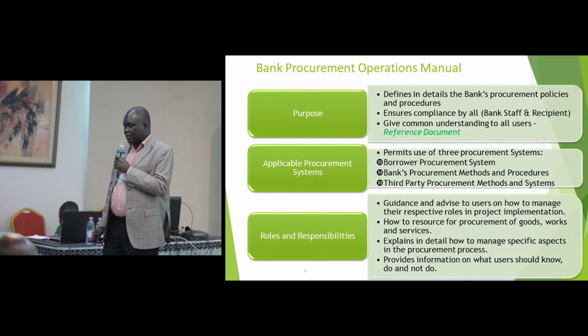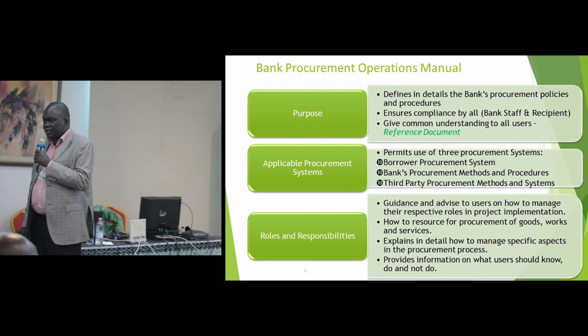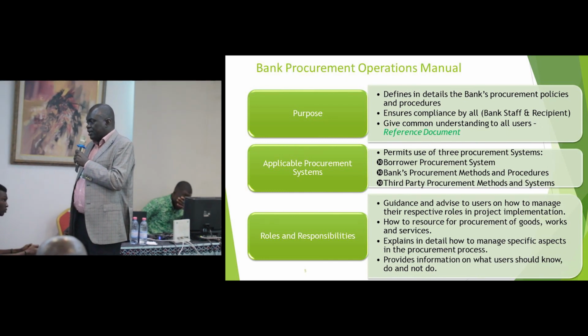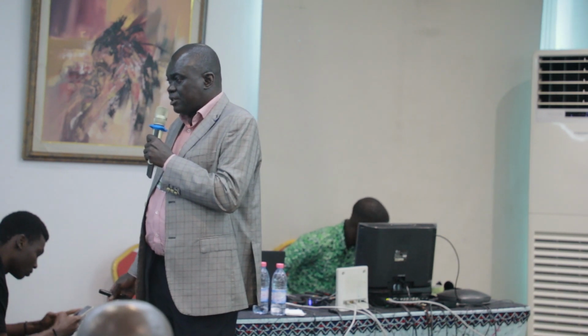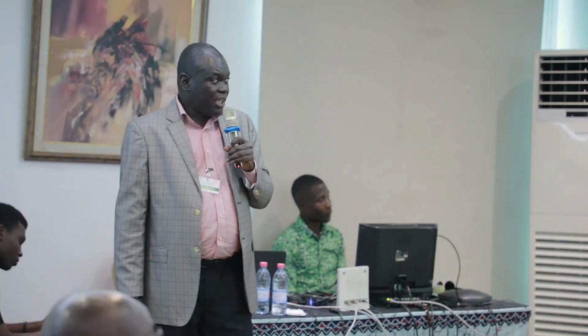It's important because you, the implementers, are involved in the initiation of the procurement process. You come up with your work plan, which fits into the procurement plan, and you need to define your requirements, and you'll be involved in the evaluation and contract management at different levels during the implementation. So this operational manual gives you the details on your roles and responsibility at the different stages of